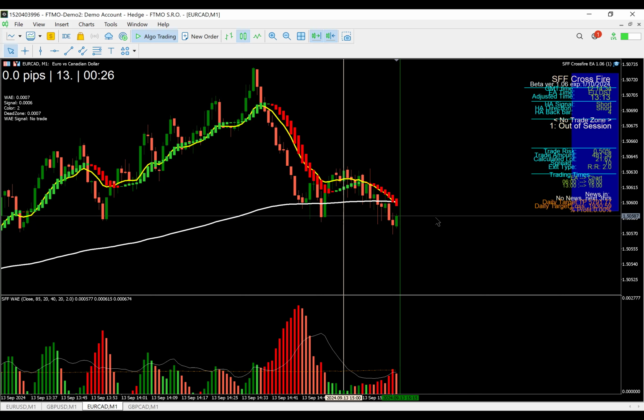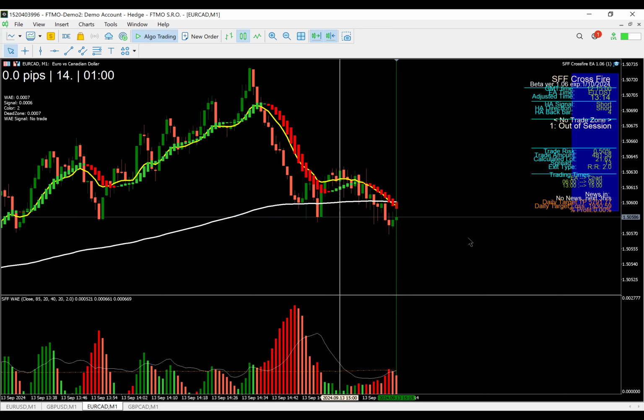Now, I found by back testing that if you wait until the 13 moving average crosses over the 200 moving average, you've got a way better chance of a successful trade. Basically, we're going to get less trades than we did previously, but our win rate is going to be much higher. And this morning,